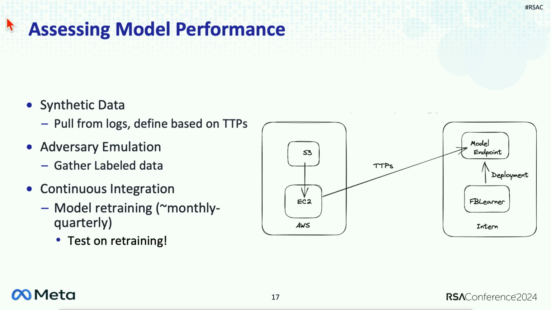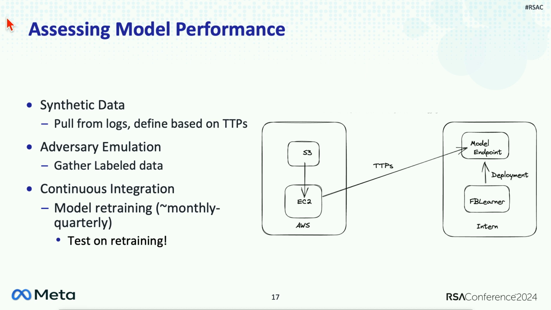So first we create a base payload where all of those features that we have are set to the average values that we have pulled from our logs over all of the time periods. Then we can begin testing per TTP. So we can spread those values generally from the average, and then we'll go 1 standard deviation beyond the average, and then we'll see what the model output looks like from there. 2 standard deviations from that average, and then see how the model output looks, and that will allow us to measure the model's coverage specifically for those TTPs and the anomaly level.